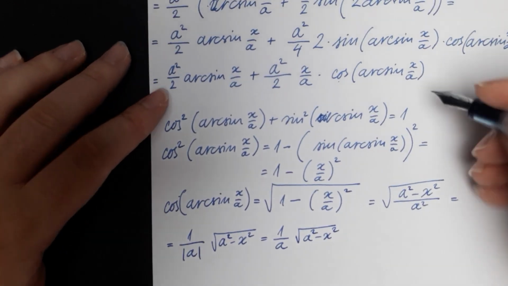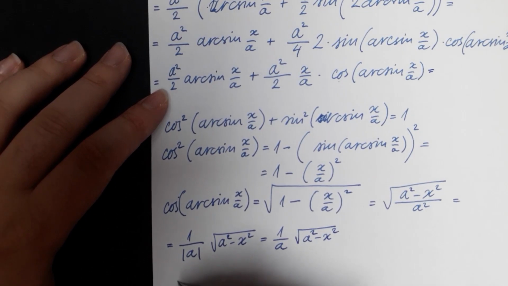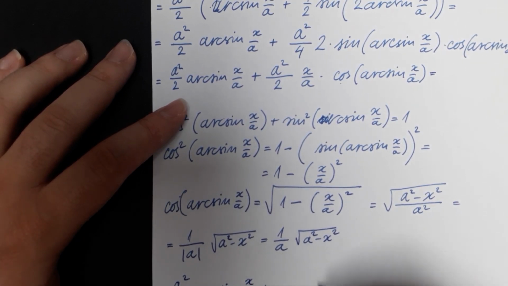And when we return all of this into our previous step, we get a solution of a squared divided by 2 arcsine of x over a plus